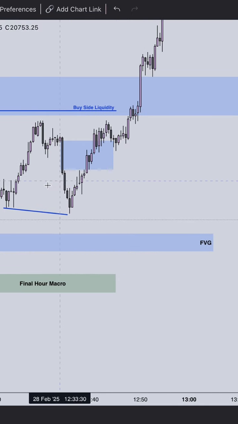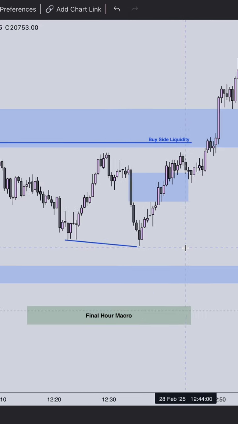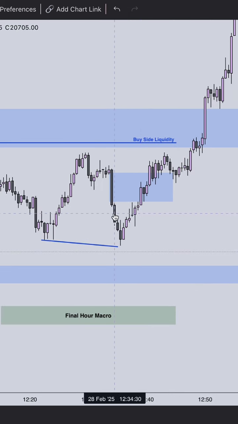What do we have? As soon as price takes out this low, what do we have that price could use as a potential reversal? We have a fair value gap right here and a fair value gap right here. Now, you don't want to use this one because price can trade into it and then drop, or trade into this one and then drop. We want to see price close above it, which it does right here. And as soon as it closes above it and it trades back down, we can buy because we disrespected the SIBI. We can buy in here, anywhere in here, with our stop loss below the low right here,